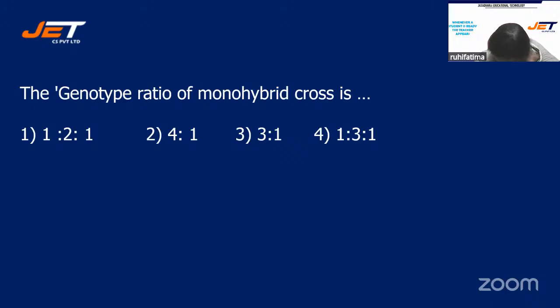So answer smartly. Genotype ratio of monohybrid cross, students. Here we are not asking about dihybrid cross, so you also need to keep this in mind. All right, students. The correct answer for this question is option number 1,